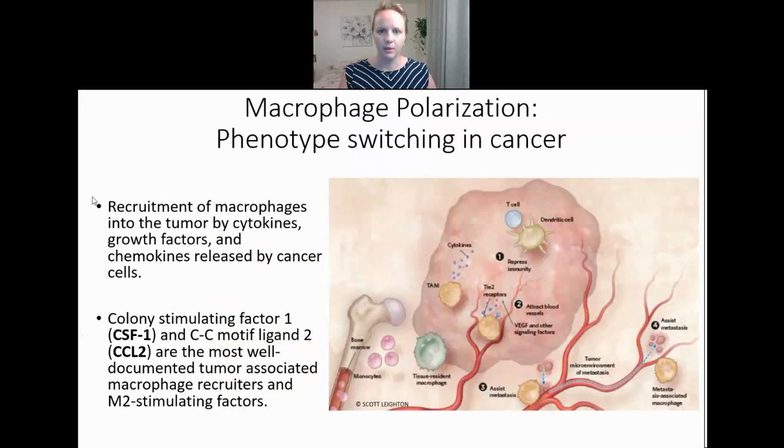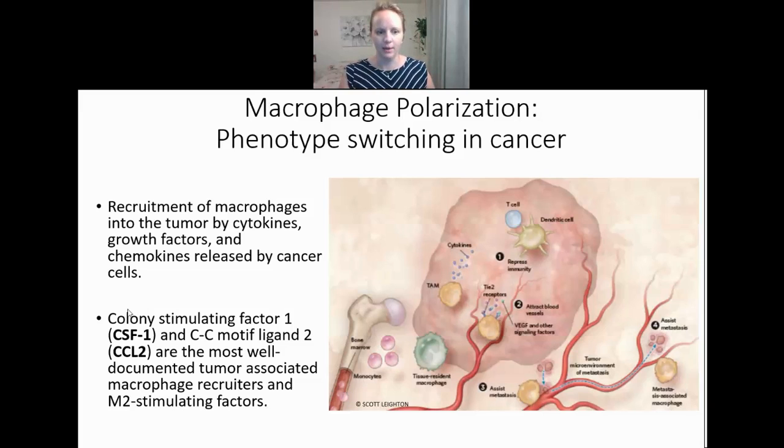So macrophage polarization happens in normal conditions, but in cancer it is corrupted for tumor progression. Macrophages are recruited into a tumor, ordinarily in response to growth factors and chemokines, and you would expect that a macrophage would be there to shut down the tumor. Unfortunately, it switches to the M2 phenotype to promote angiogenesis and healing,